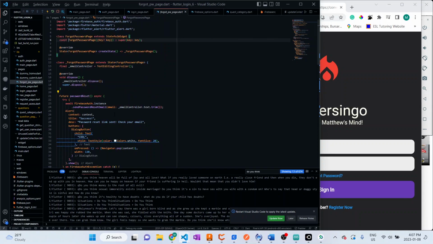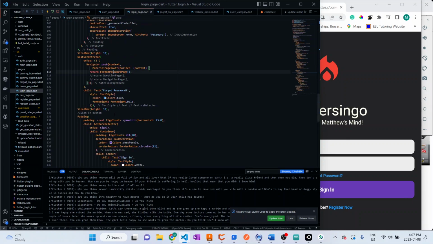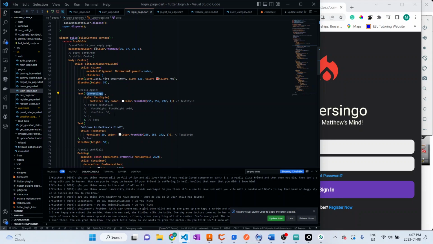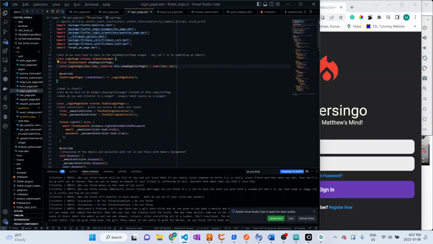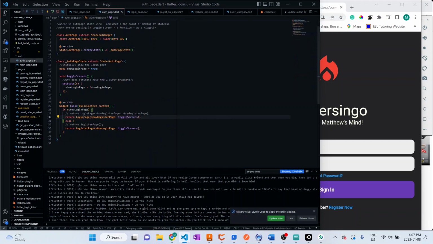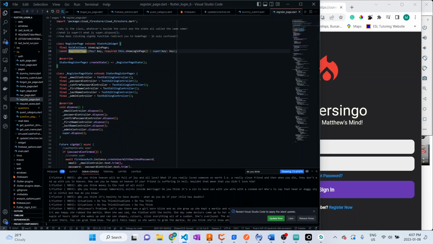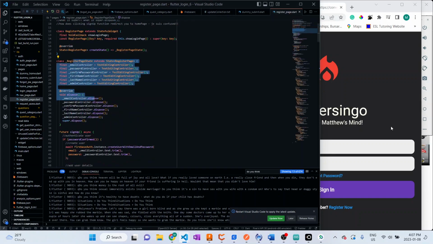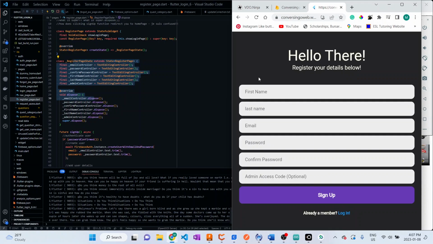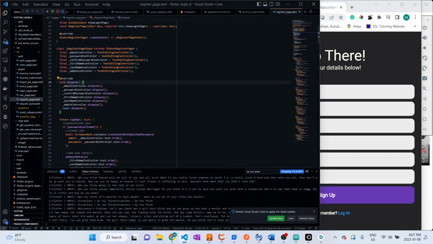But now if we go back to this, where is it? Okay, so we checked the login page, and I'll show you the register page. The register page has a bunch of text controllers. So if I click register now, there's first name, last name, email, password, confirm password, and admin access code, and